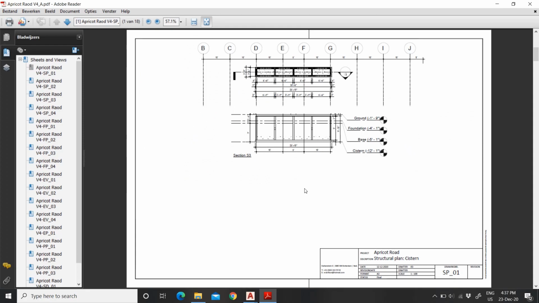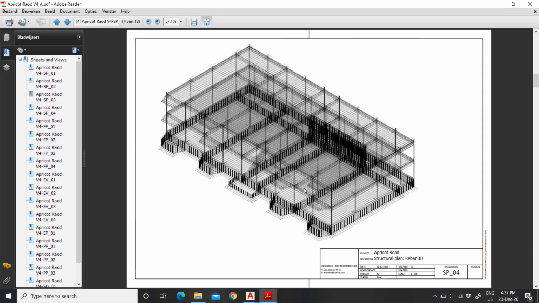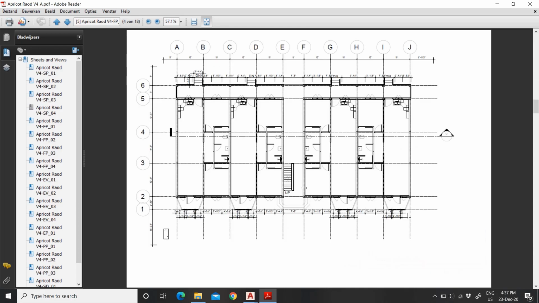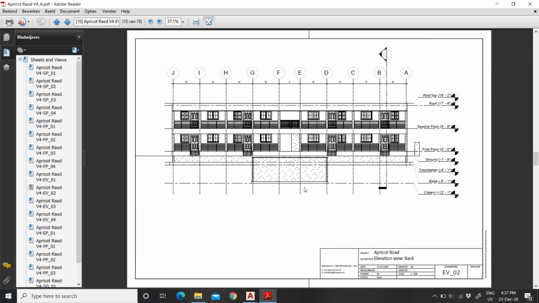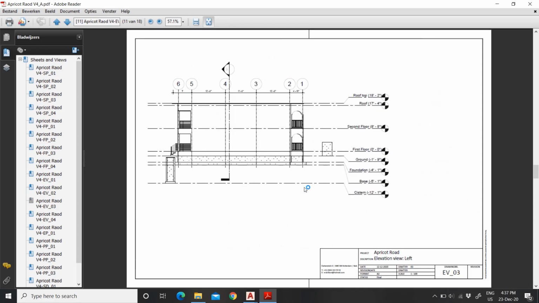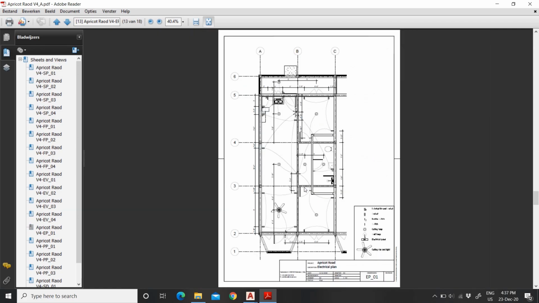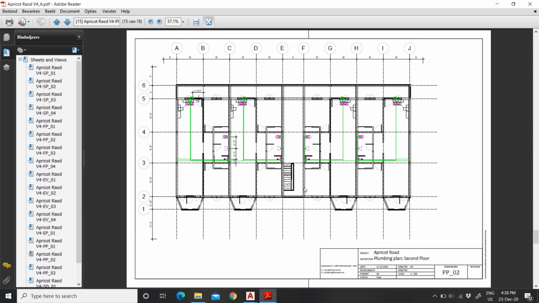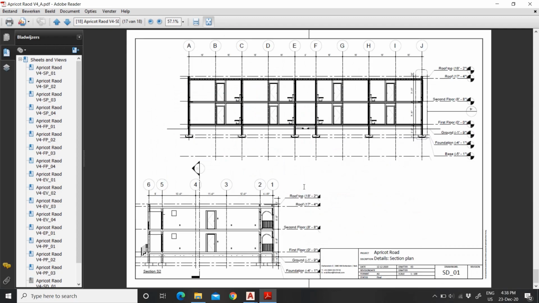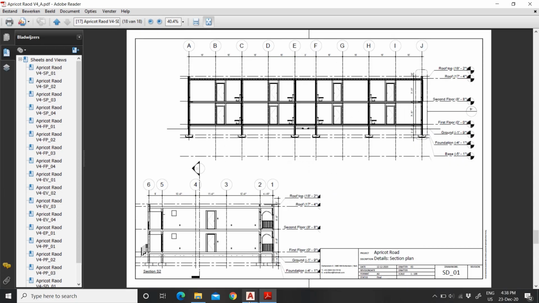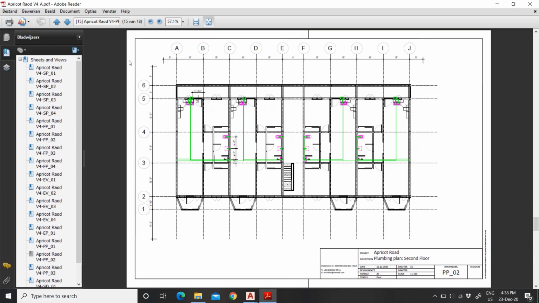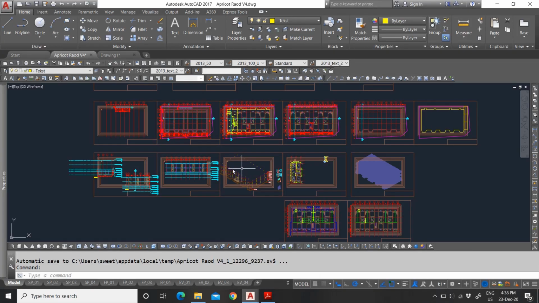And here we have all my sheets, or all my paper space, all in one PDF that I can just send to, let's say, your engineer or your contractor so he can review your model or your building. So this is very easy. This is much easier to do than having to make it in Revit, because in Revit you will have to make a sheet for each and every one of these. Whereas in AutoCAD, you just have to set them in your model space where you want them and just make your paper